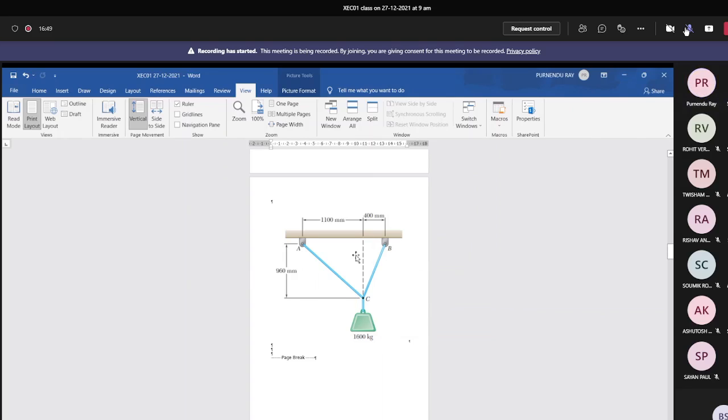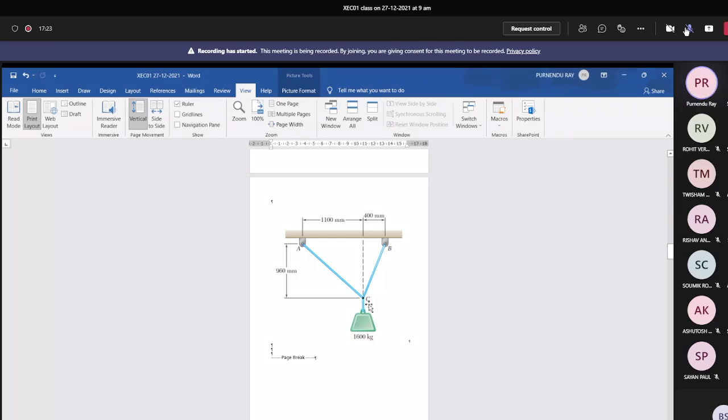Now, for this system, which is under equilibrium, because this weight is not falling, it is supported by these two ropes, some forces or tension develop in these two ropes. In some books, you will find the notation capital T to represent tension and capital C to represent compression, which is the opposite of tension. Anyway, in our previous class, we utilized the expression capital S. In some books also, they prefer to use capital S, for the force developed in that string.